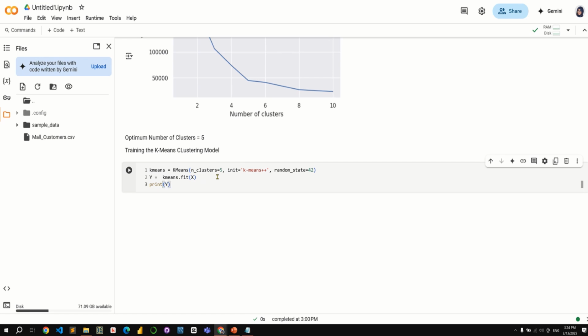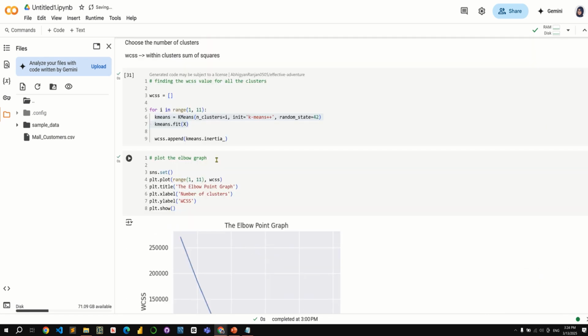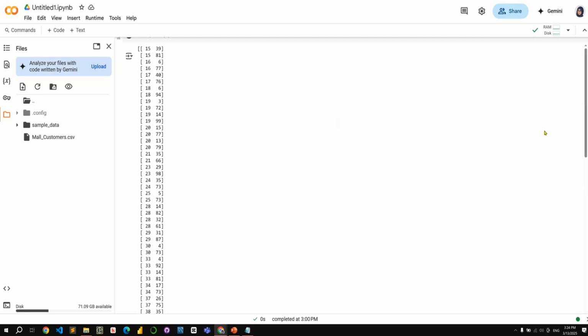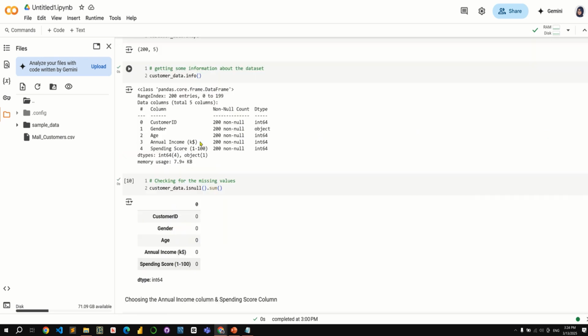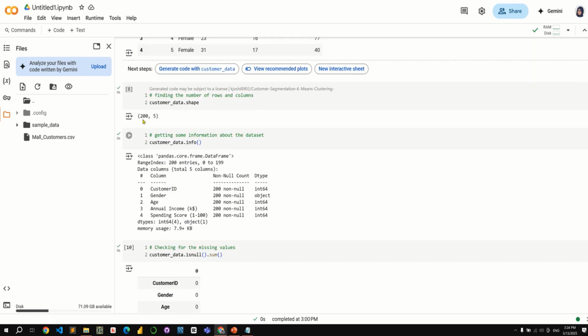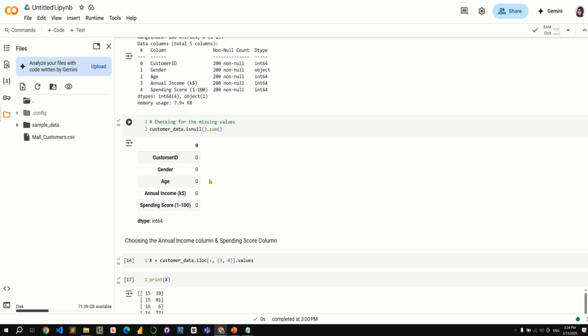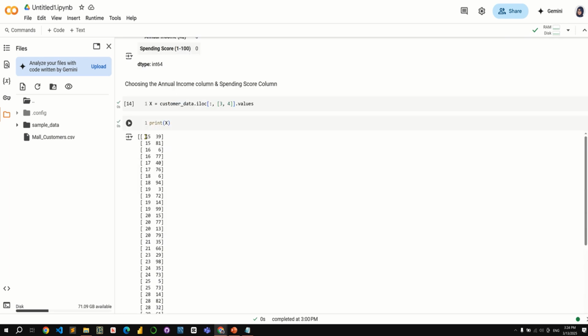Over here, as you can see, there are over 200 data points in the dataset. The columns are over 200. So when you print this income column and spending score column, what you did over here